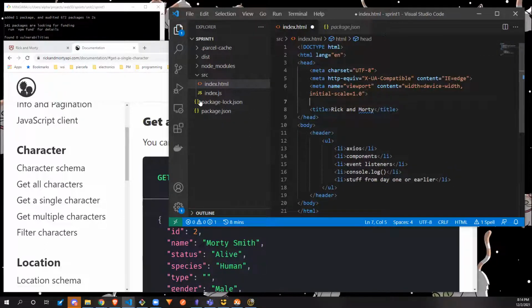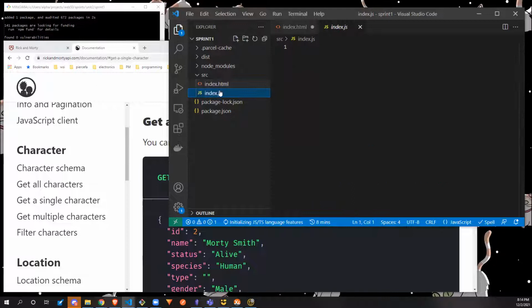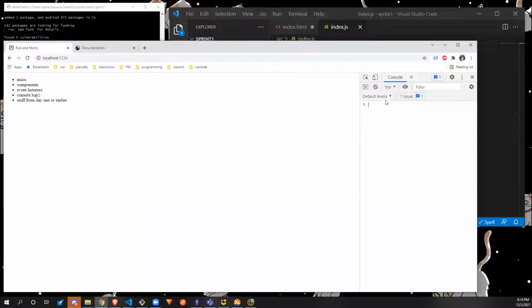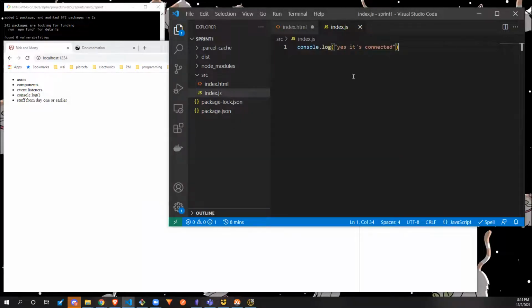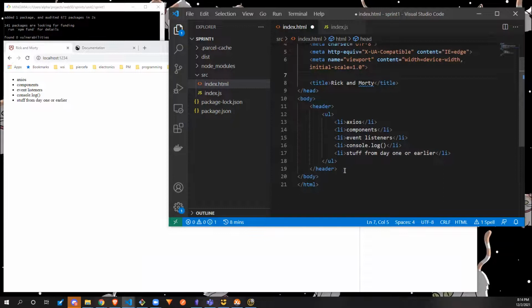So I have an index.js file. I'm not going to be doing any CSS just because it's not really worth it. I'm just going to do a console log and just verify that this is connected. So yes, it's connected, right? There isn't anything connected to this, so there's no console or anything. And way back in the day,